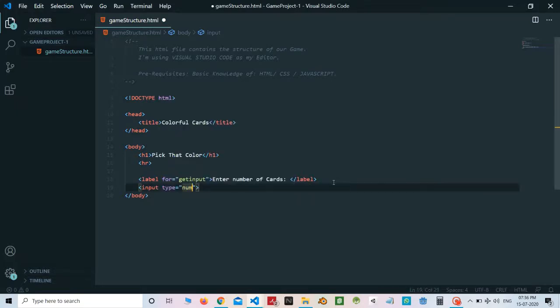of type number, and we will accept a minimum of 6 and maximum up to 12. I'll add step of 3 and a placeholder. Choose 6 to 12 cards. Save this